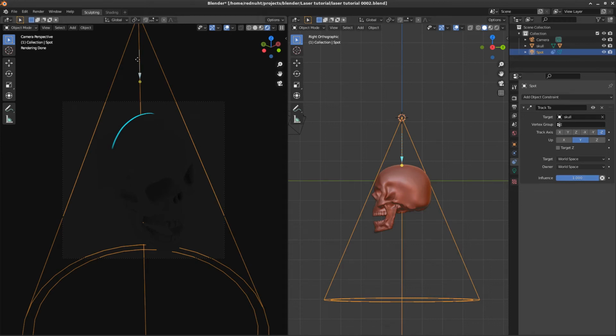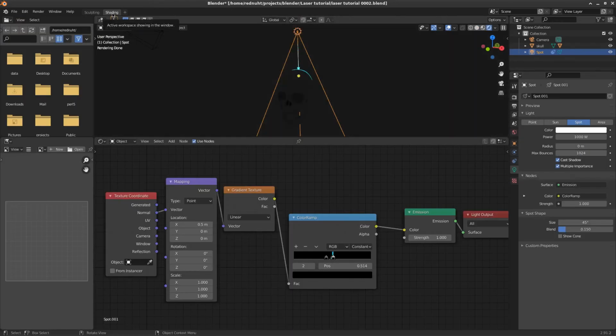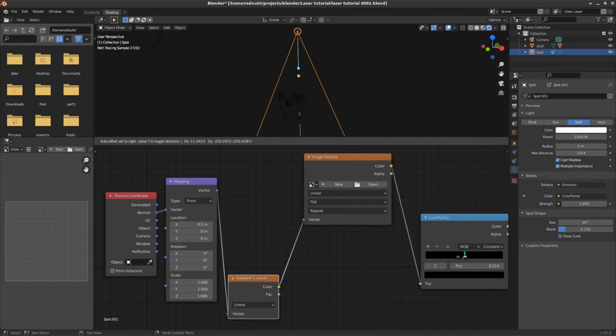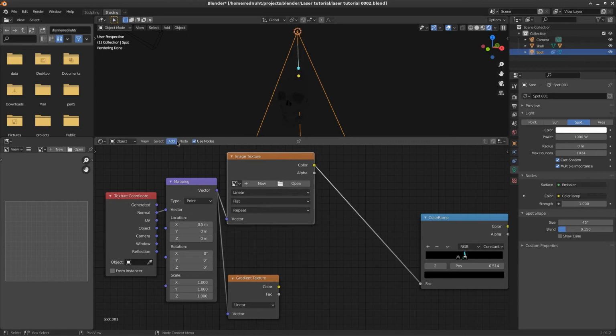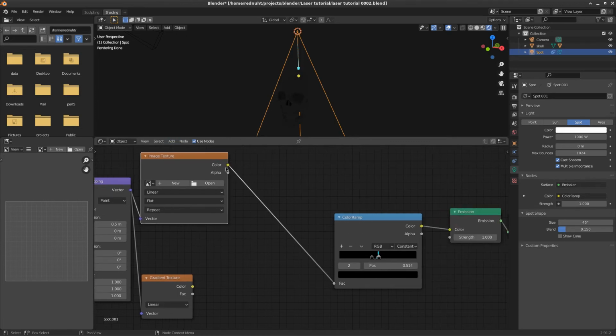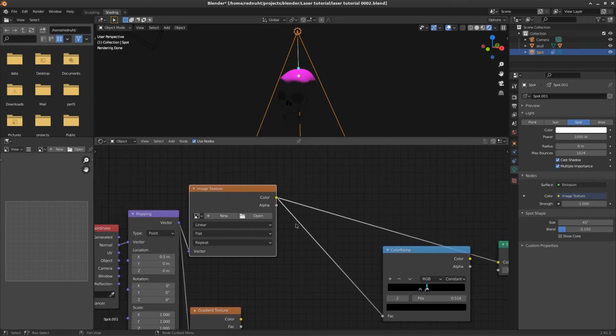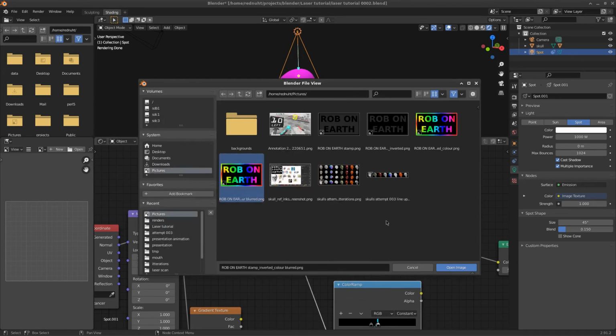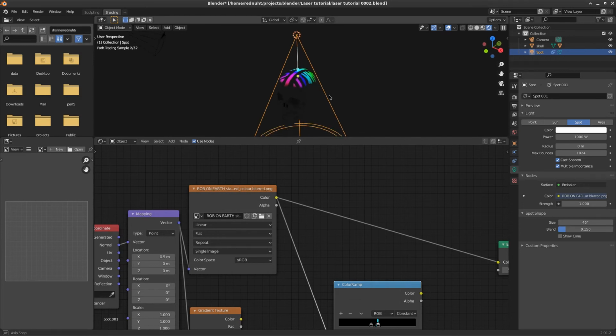But we don't have to have just a line, we can project any image we like. So if we add an image texture node, move this one out of the way and connect that directly to the output, it goes pink, which is we are missing an image color. Select our colorful logo and you can instantly see it's projected on the top,